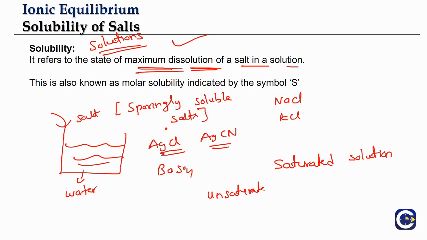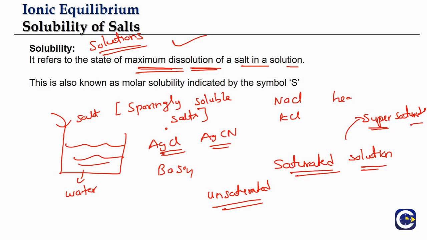So the word unsaturated basically means you can still dissolve some salt. If we somehow are able to achieve more amount dissolved, usually this is done by heating and other techniques, we will call such solutions supersaturated. So we'll have unsaturated, the maximum amount of dissolved state is basically the saturated state, and if we can somehow achieve a higher amount of dissolution, generally this we'll do by using what?